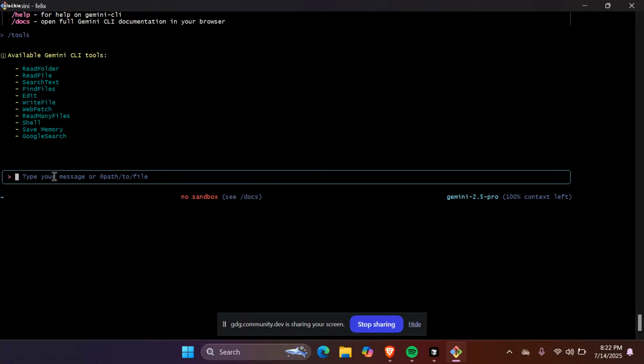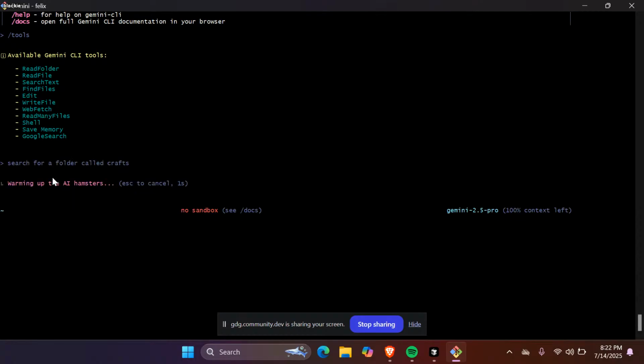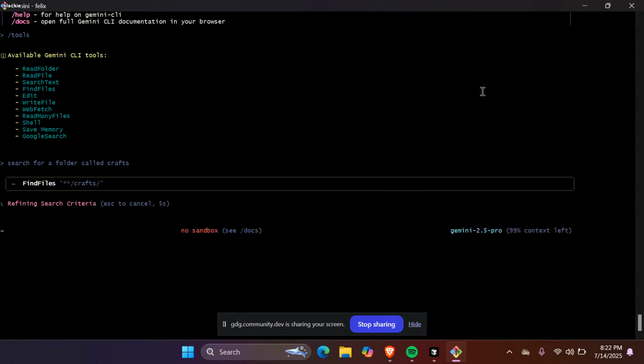Let me search for a folder called crafts and see if it can do it. Folder, find files. Also, if you want to escape out of the context that is being run, you basically hit the escape key on your keyboard.